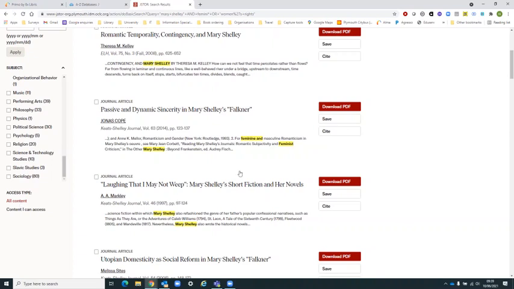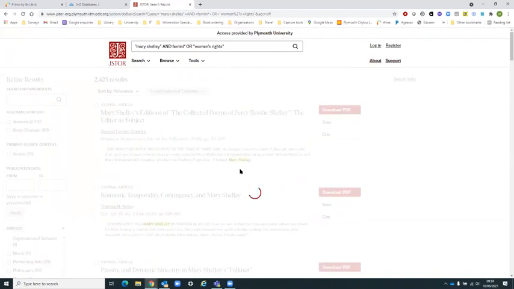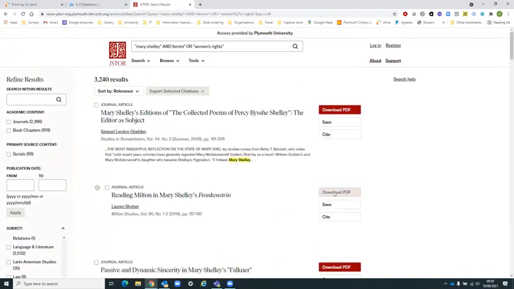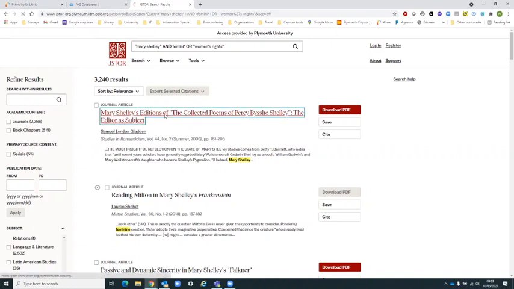So clicking onto all content will also bring back results that we can't access through JSTOR, such as this result here. However, we may find that we can get access to that article through one of our other databases, or if we can't, we can try and order it for you through our interlibrary loan service. If I click onto the first result,